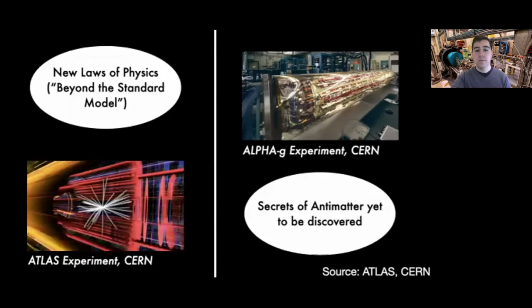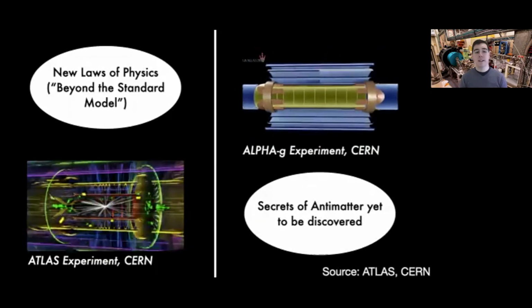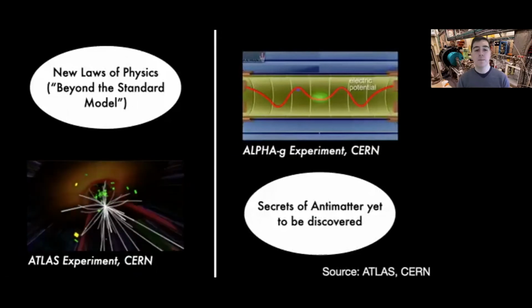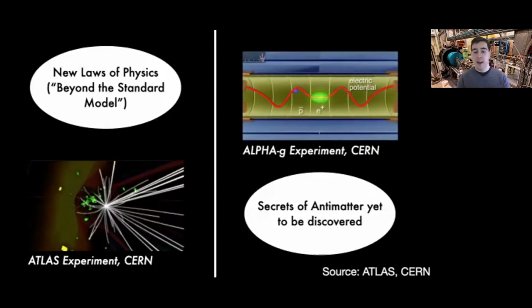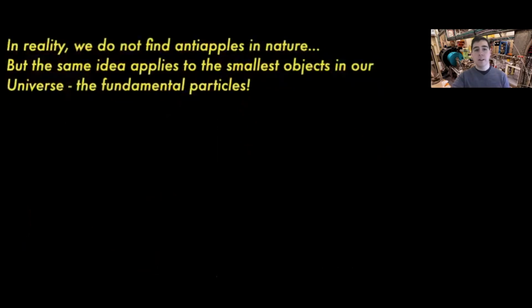The other approach is to better understand antimatter. And perhaps there are strange ways that antimatter behaves differently to regular matter. So experiments like the ALPHA-g shown here, which is also at CERN, trap lots of antimatter in their laboratory, and then they can study it very closely. This is the area that I want to focus on to tell you how scientists create antimatter and why it can be so difficult.